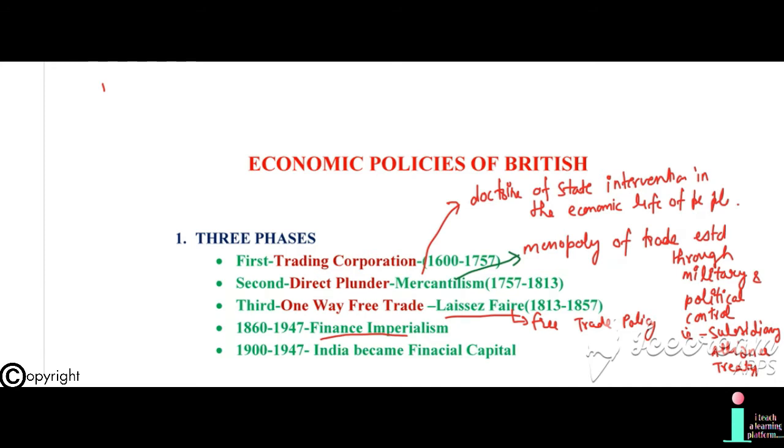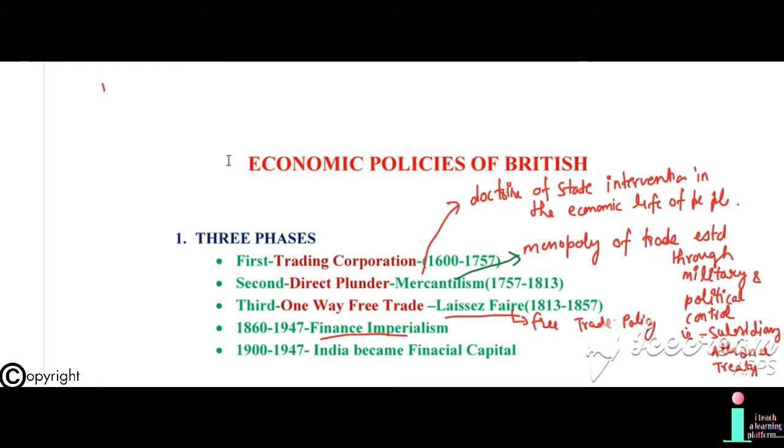This is our quick revision series of Modern India, and in the previous lectures we have covered several topics like the advent of the Europeans, then the decline of the Mughals, and something about the Marathas. Then we talked about the Carnatic Wars, Mysore, Punjab, annexation of Bengal, then further moved and talked about the revolt of 1857. And now in this lecture I will cover an important topic, that's economic policies of the British.